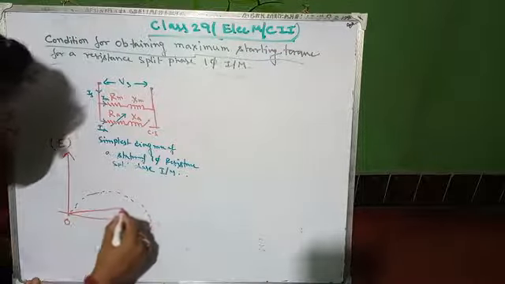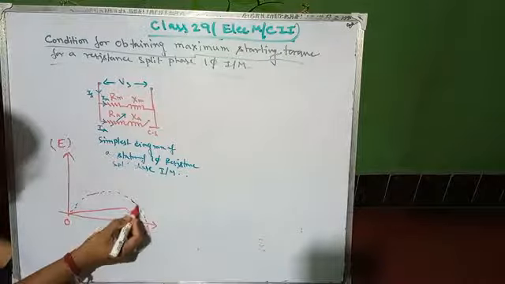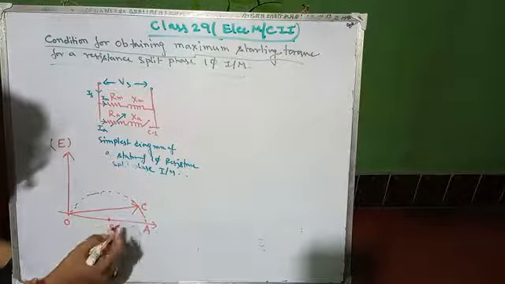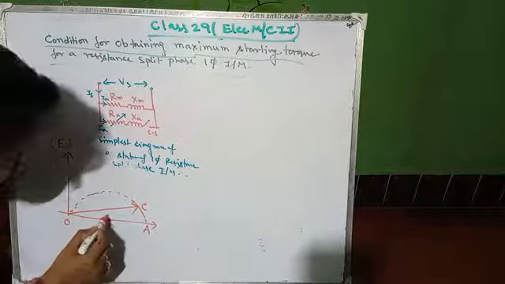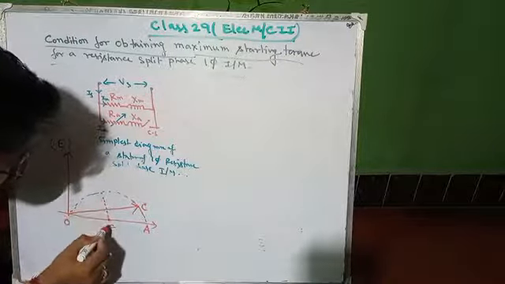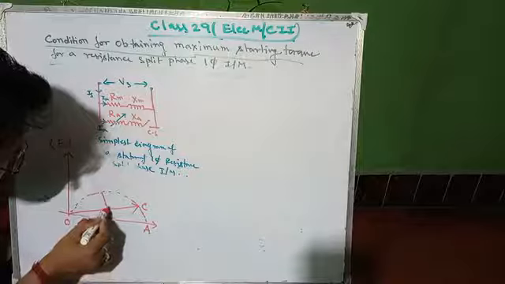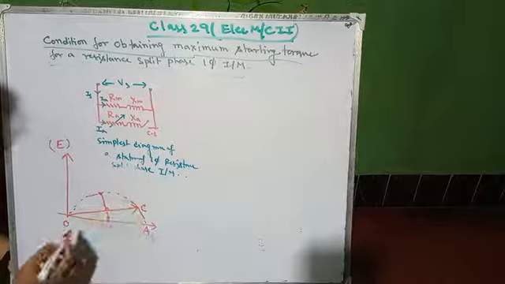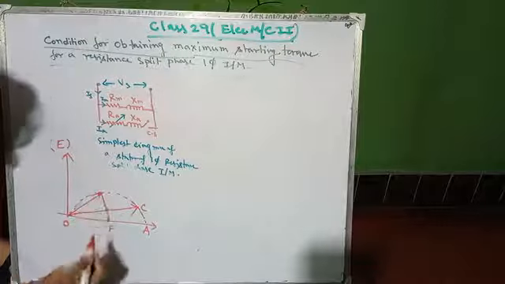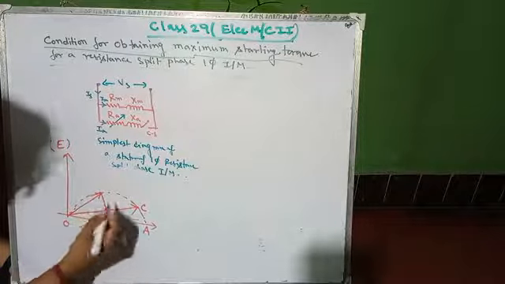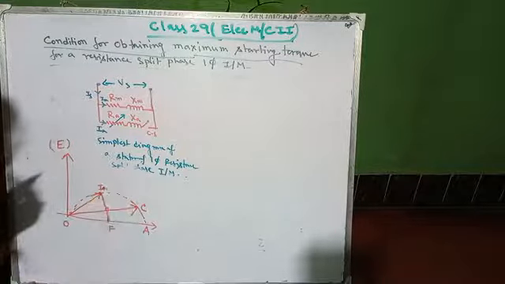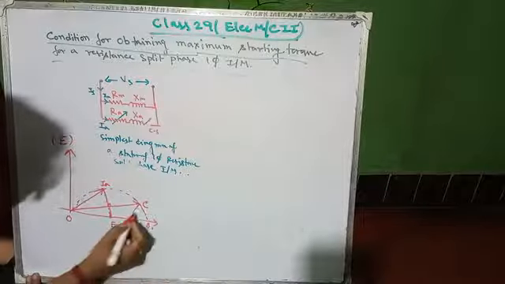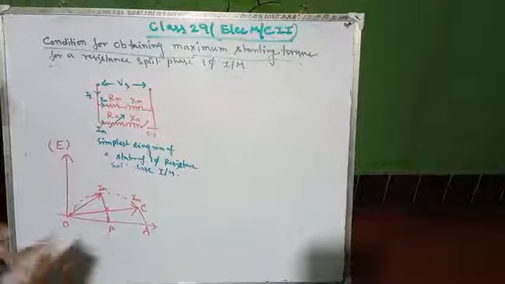Draw a line which intersects the circumference; this point will be C. Then make one perpendicular through this F, which is also perpendicular to this OC line. When it meets a particular point on the circumference, please join these two lines also. So this is your IA, and this one is your IM. By this way you can draw it.